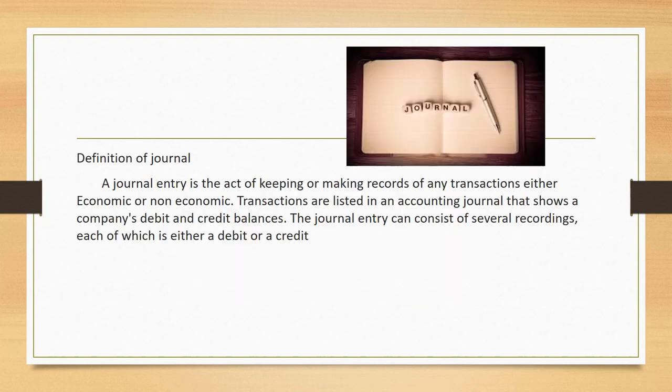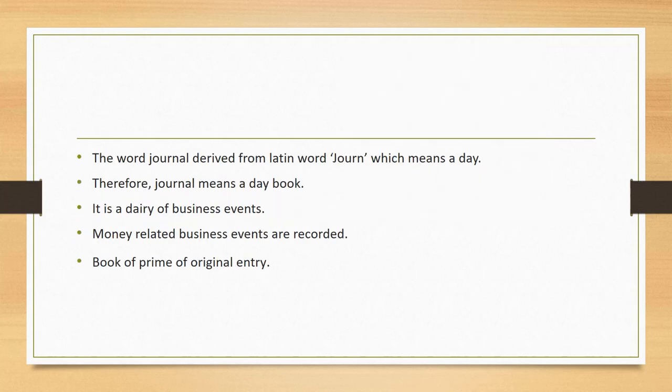Journal. In accounting, journal is the first and most basic of the books of accounts. It is a subsidiary daybook where monetary transactions are recorded for the first time whenever they arise. In this, the transactions are regularly recorded in an orderly manner so that they can be referred to in future.